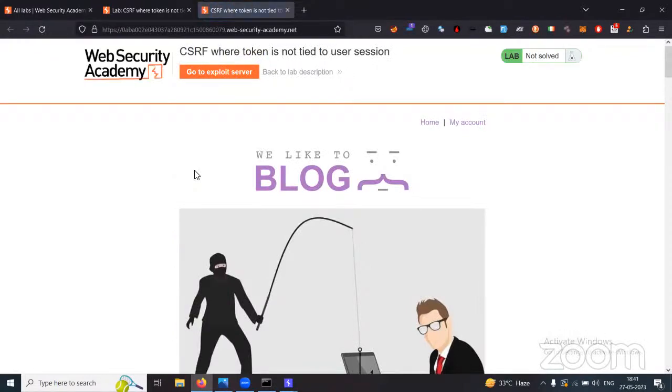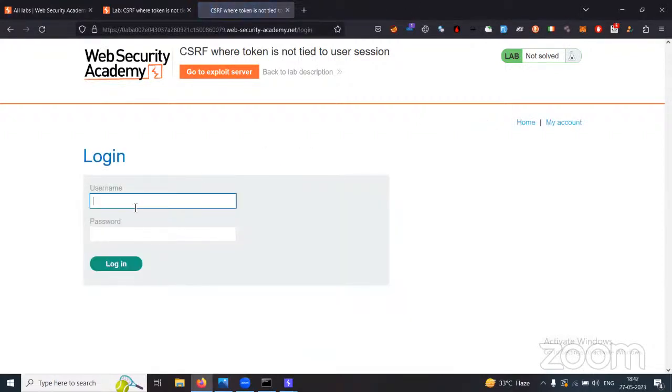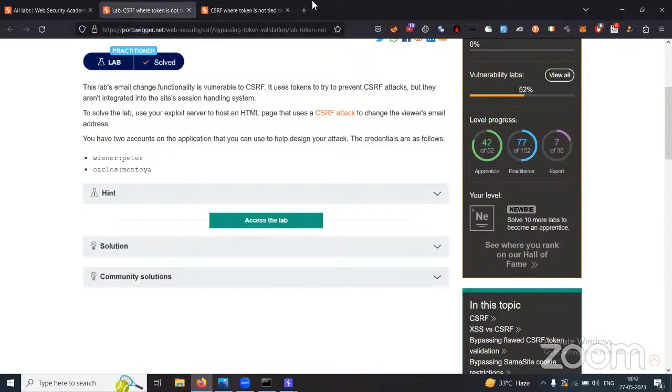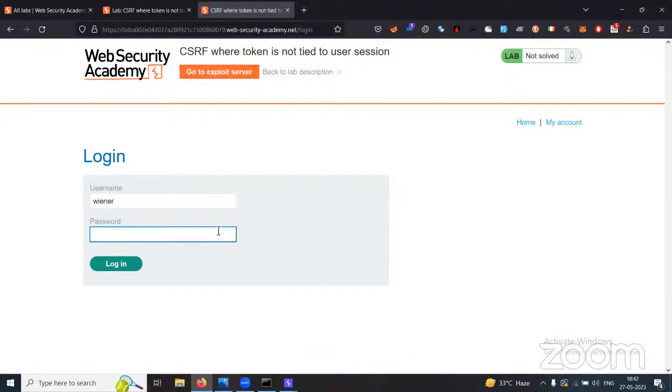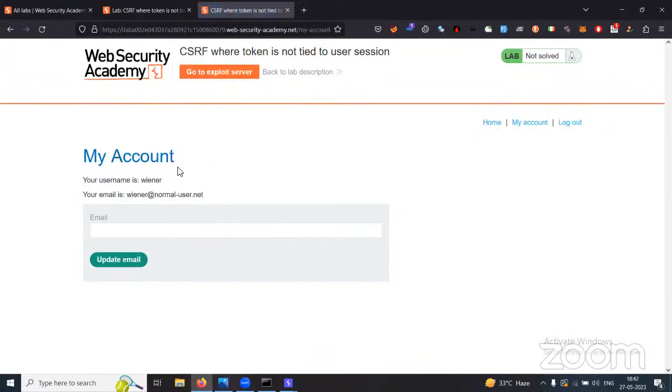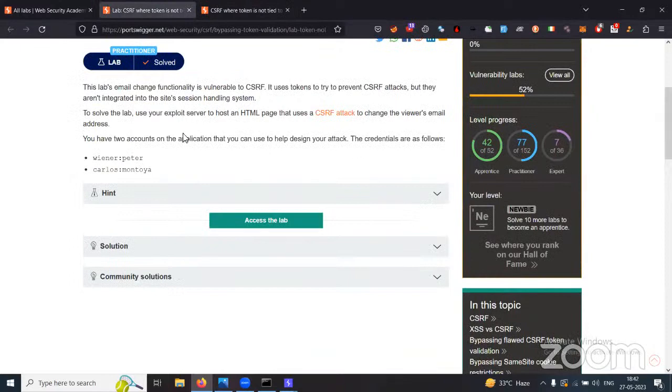Here it says the CSRF token is not tied to the user session. So let's just log in using wiener and peter. And this is the email. Now, what I will do is